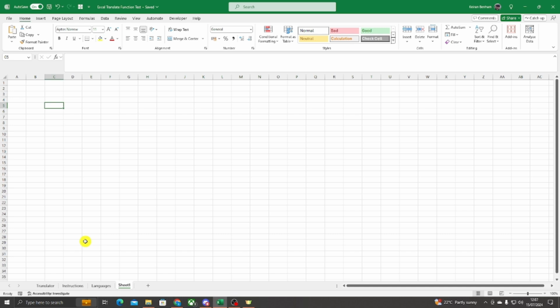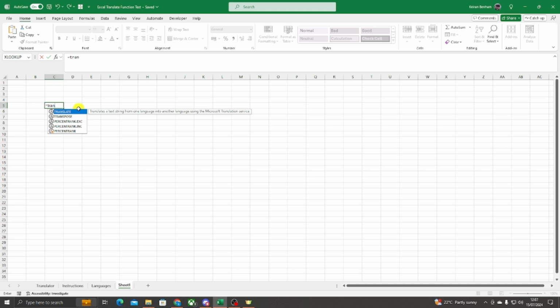Obviously, if you just start typing the equals as you would with any normal function and then translate, you'll see it pop up here. Obviously I have access to the beta channel, so I can access this. What this comprises of is three components essentially. We've got our text here, so that's the thing you want to translate, the source language, and the target